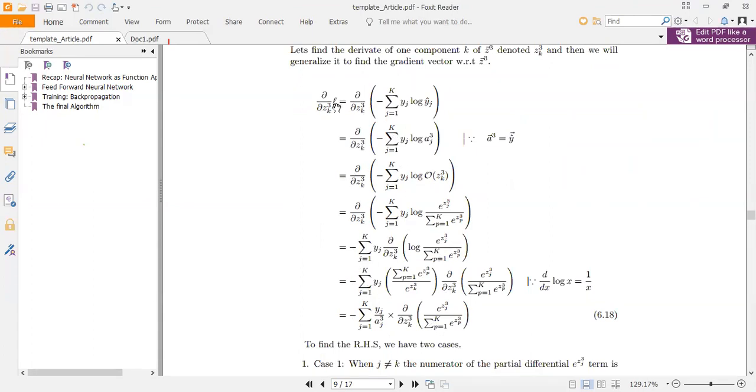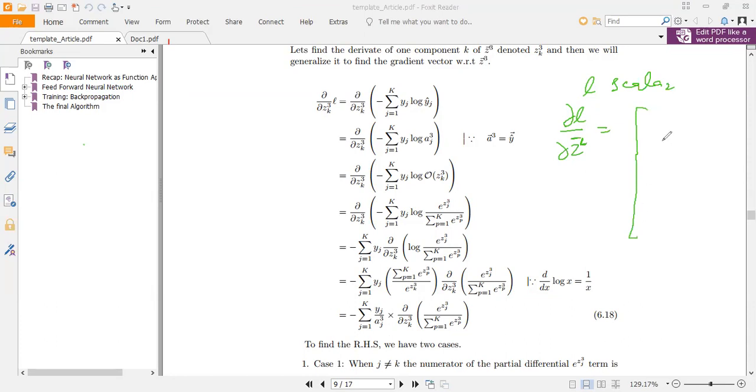Fine. So you can see now we have to calculate this dou L by dou ZL. Let me see here. So L is a scalar. Now differentiation of a scalar with respect to a vector. So ZL is a vector. This will result in this thing.